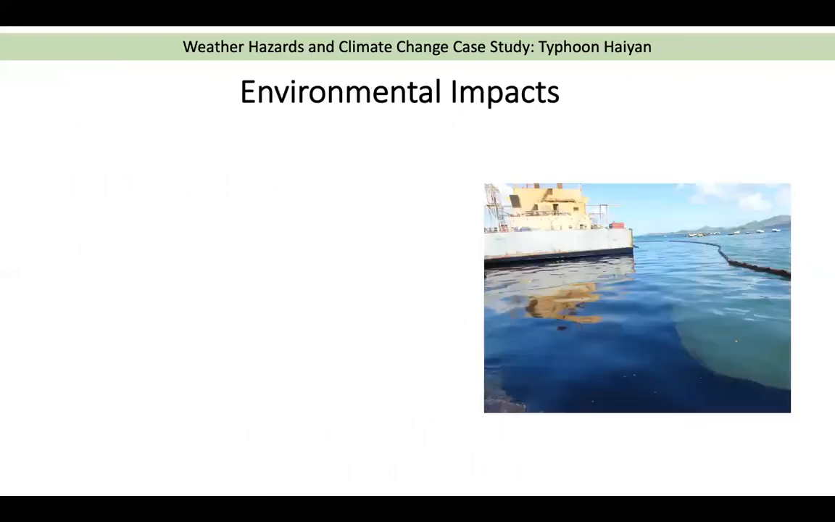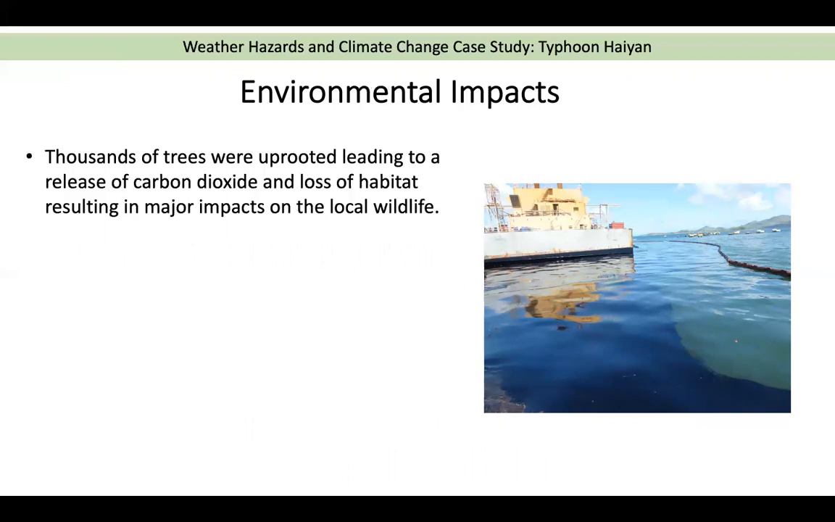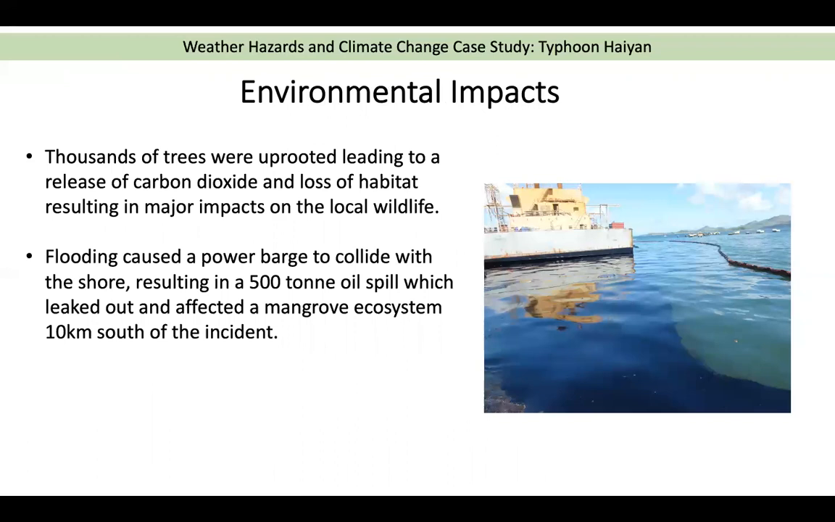Okay, finally, the environmental impacts, anything that affects the natural environment and its surroundings. Okay, so thousands of trees were uprooted, leading to a release of carbon dioxide and loss of habitat, resulting in major impacts on the local wildlife. Flooding caused a power barge to collide with the shore. This resulted in a 500-ton oil spill, which leaked out and affected a mangrove ecosystem 10 kilometers south of the